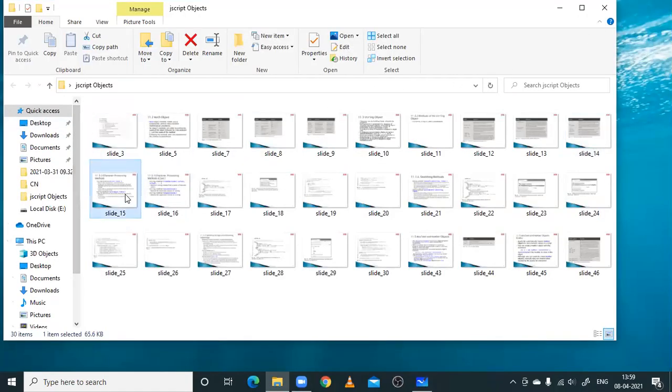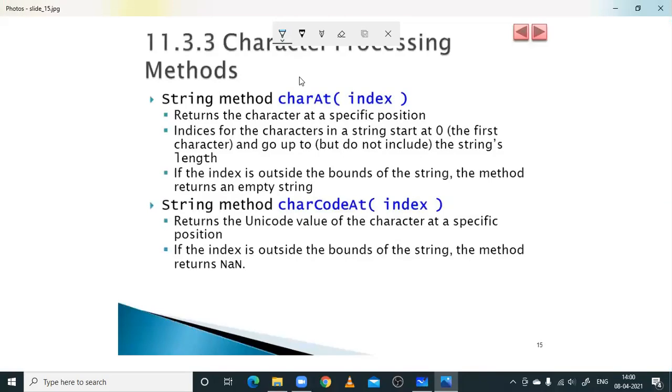Coming to the next part. So these are definitions of different methods which have been used, returning characters.